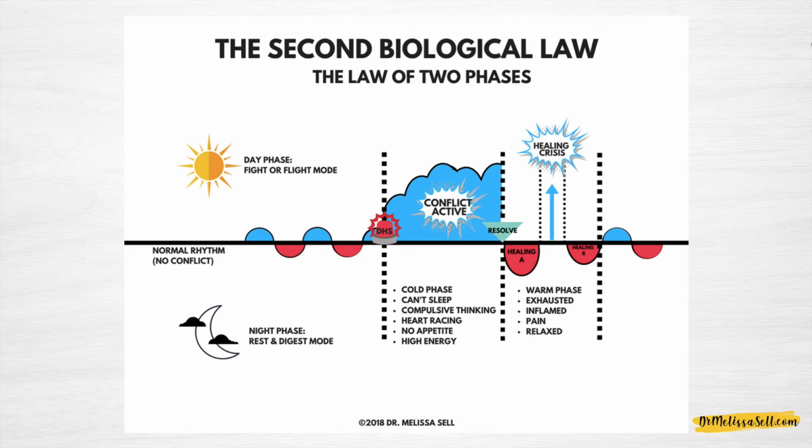Let's look at the second biological law now. This will help us to understand the details of what happens during each phase. This second biological law is one of the most important things to learn in German New Medicine because it will help you make sense out of whatever you are experiencing on the physical level, on the psychological level. You need to be aware of these connections so that you can manage your own health and navigate your own